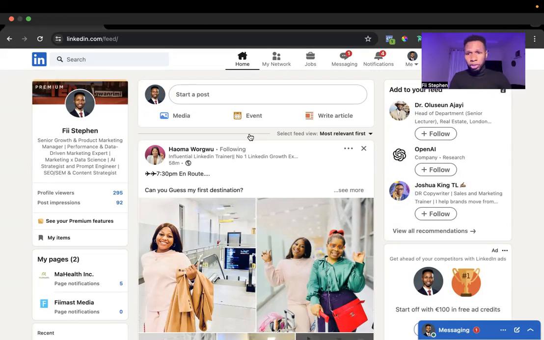Now, first, why is this important? Why is it important to create content on LinkedIn? The first reason is that it helps you to build your brand and your credibility. The quality of the content you create helps you to build your brand on LinkedIn, and not just your brand, but your credibility. It makes people predisposed to doing business with you. Why? They're able to trust you to an extent because of your perceived visibility.